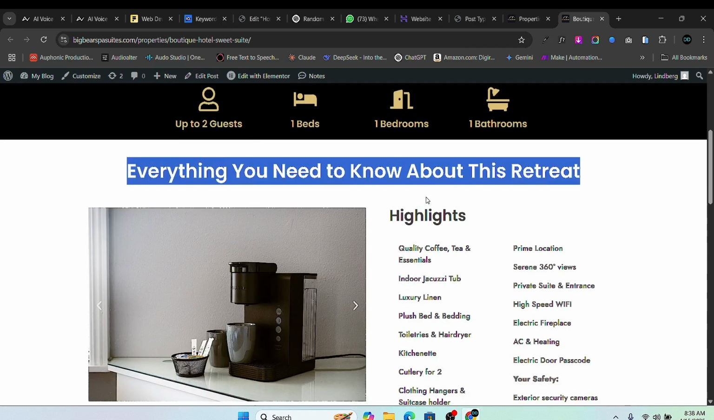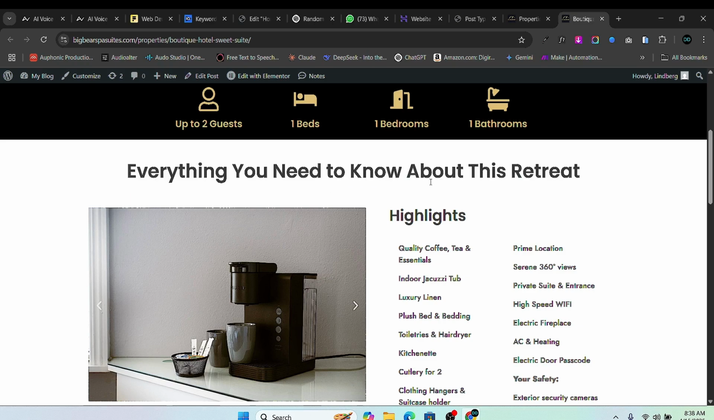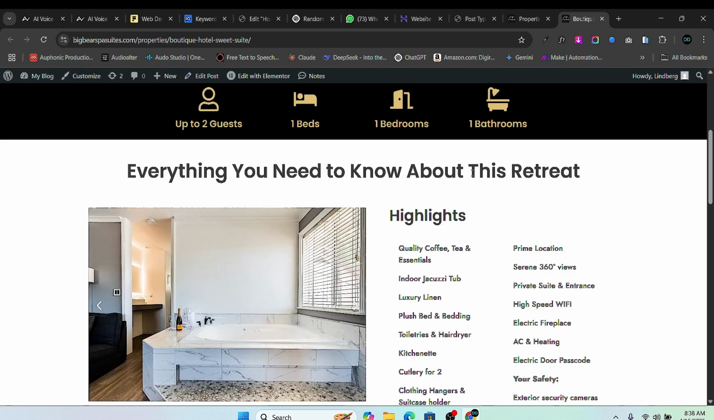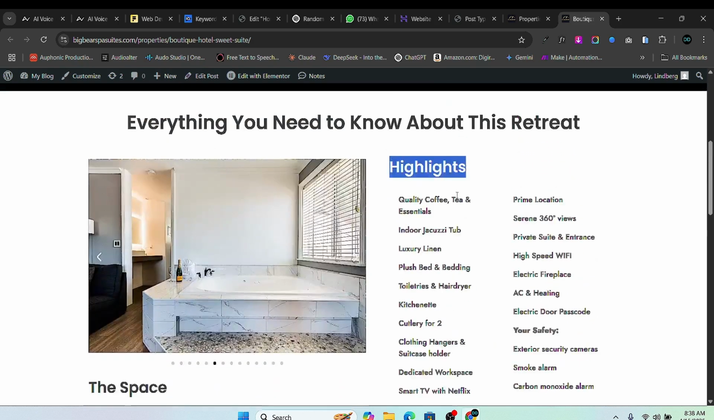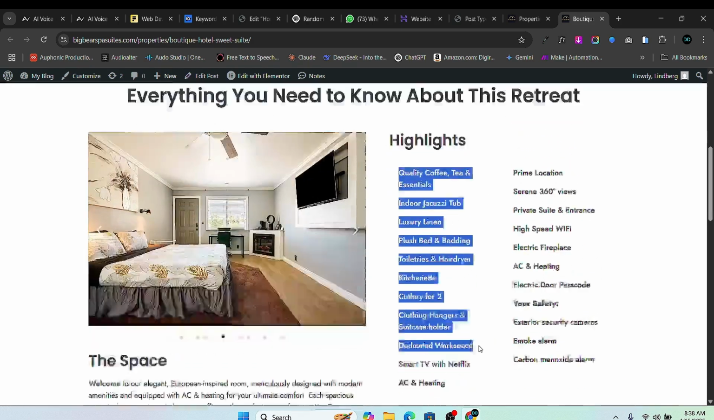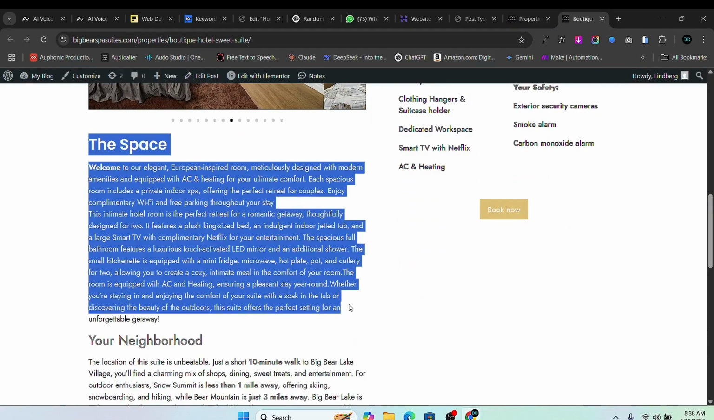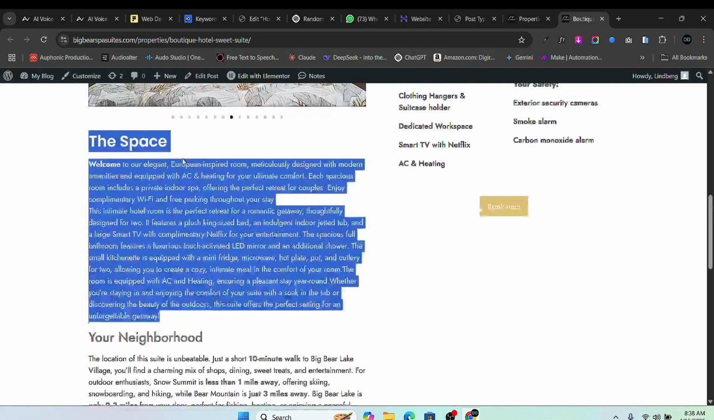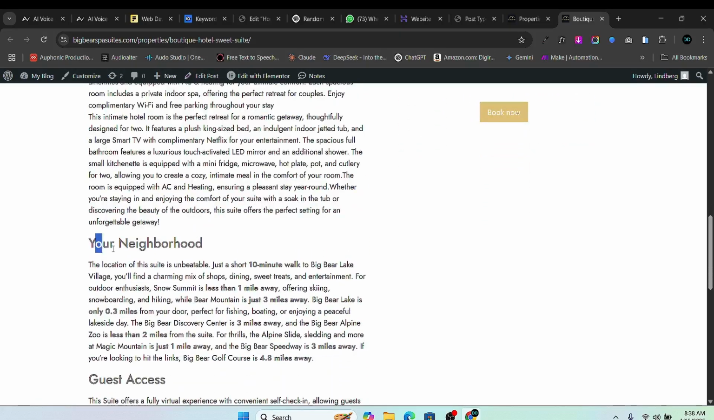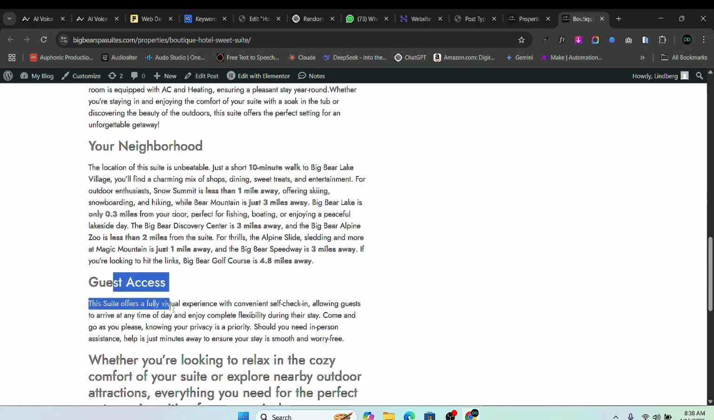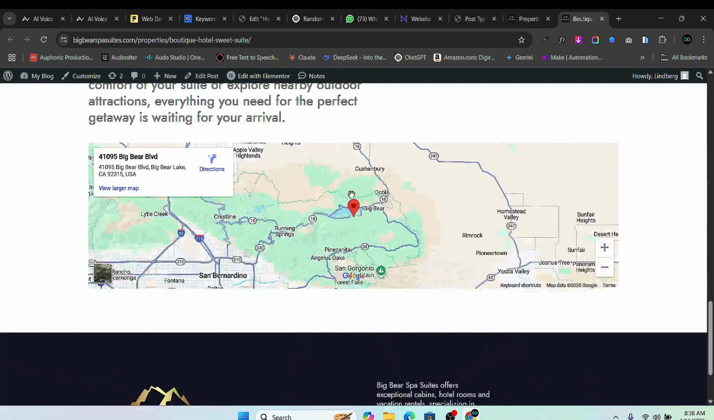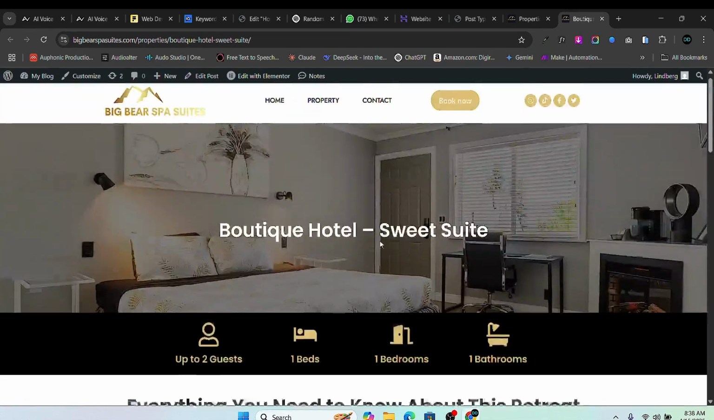And then you see it has another title. Everything you need to know about this retreat. This actually is a static text. And then highlights is another static text. But we have different amenities here. And then we have this text field here for the space. And then we have the neighborhood, guest access. And then we have the location. So the first thing we want to do,